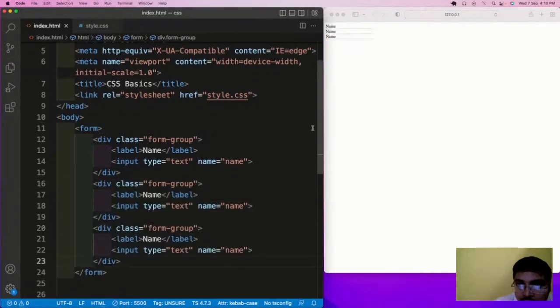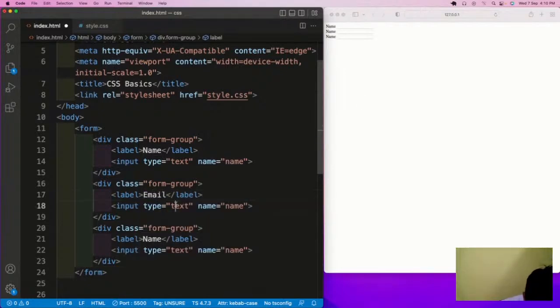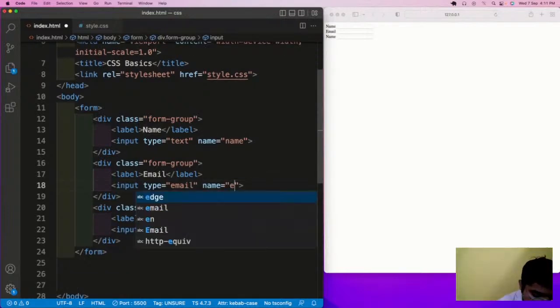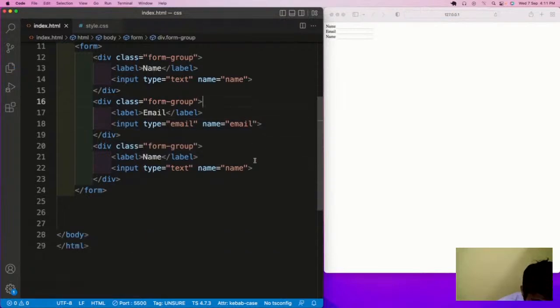3 times. So here we have like this. So here we will use the input type as email, and here, okay, name will be email, and here input type we will use message,